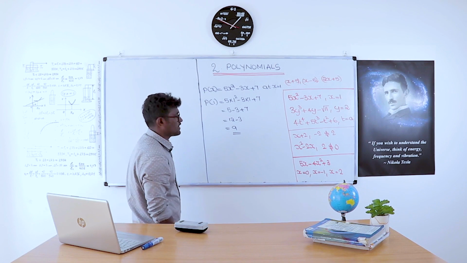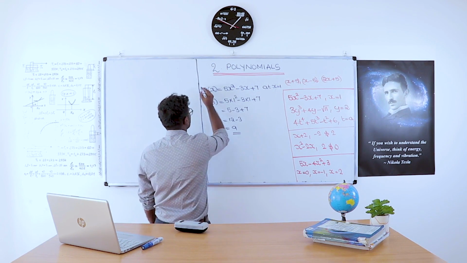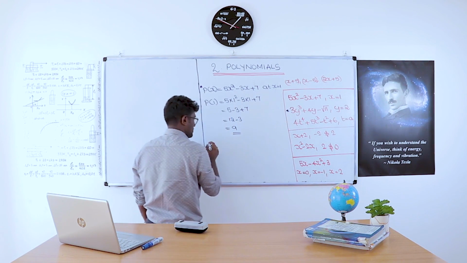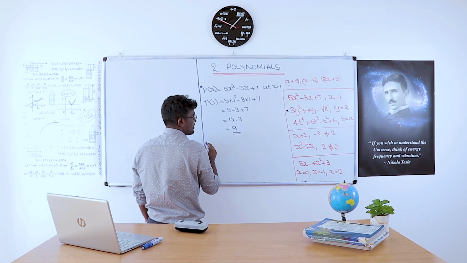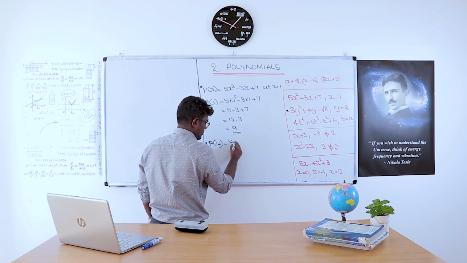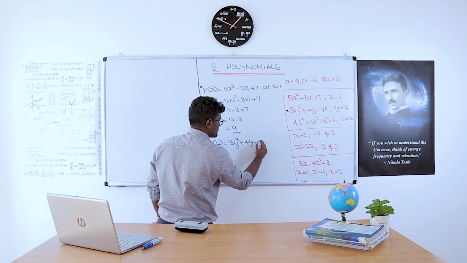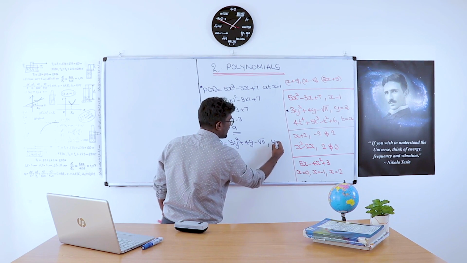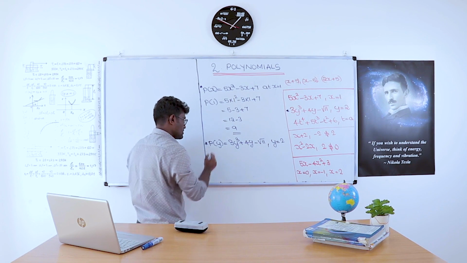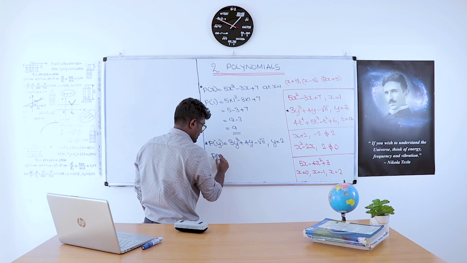So this is the answer for the first problem. The second problem is given in terms of y, therefore it is not p of x. It is p of y equal 3y cube plus 4y minus root 11, and you have to find the value at y equal to 2. So you have to place 2 in place of y. So p of 2 equals